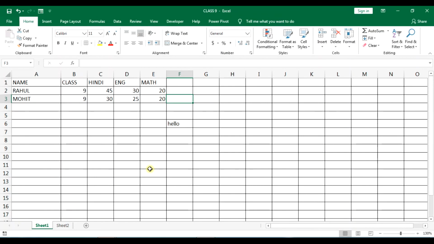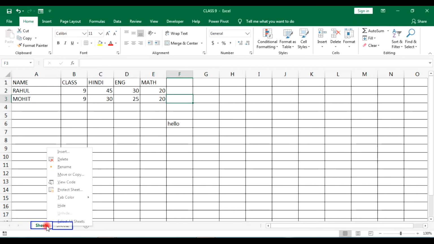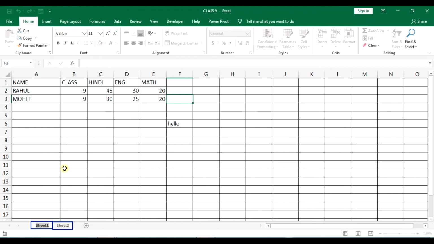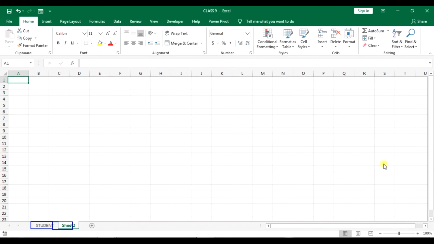Now you want to rename the sheets. You can see here, this is your Sheet 1 and Sheet 2. For this, you come here, right click the mouse button, and you will see a Rename option. Suppose I enter the name Student.